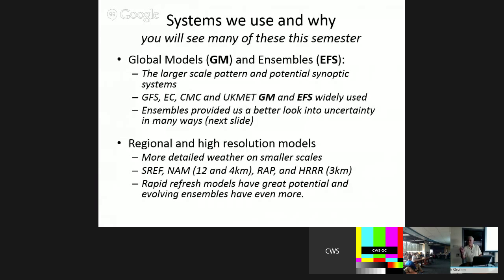I guess it'll be in October. I think Curtis and maybe Stan Benjamin, I believe. So it's probably a worthwhile talk for people who like short-term weather forecasting. And these rapid refresh models have great potential, and the ensembles that are slowly evolving out of them really are going to change how we forecast the weather in the short ranges.